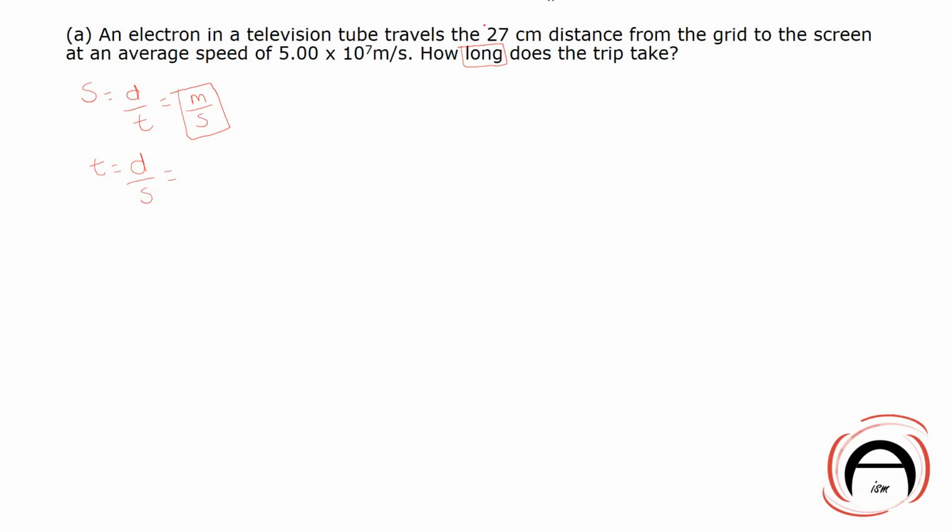We have 27 centimeters, and since we like to keep our distances in our base SI units, meters, seconds, and meters per second, we're going to have 27, since it's in centimeters, multiplied by 10 to the negative second meters, divided by our speed, which is 5.00 times 10 to the 7th meters per second. And if you divide that out on your calculator, what you're going to get is 5.4 times 10 to the negative 9